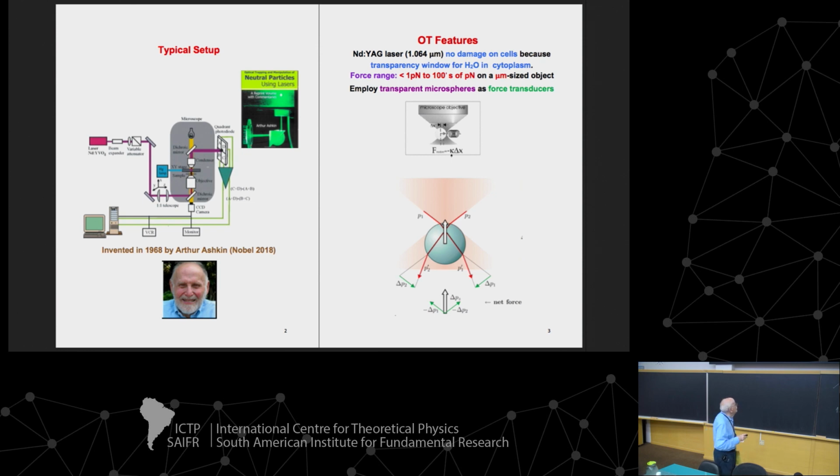The first one for doing the first demonstration that you can trap atoms with laser beams using the gradient force. And this work he did with a postdoc called Stephen Chu, who later won also a Nobel